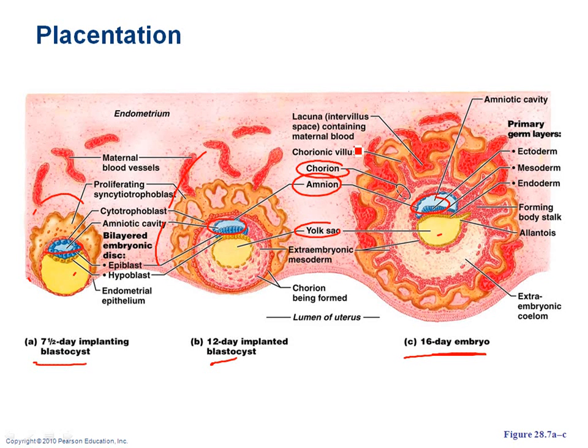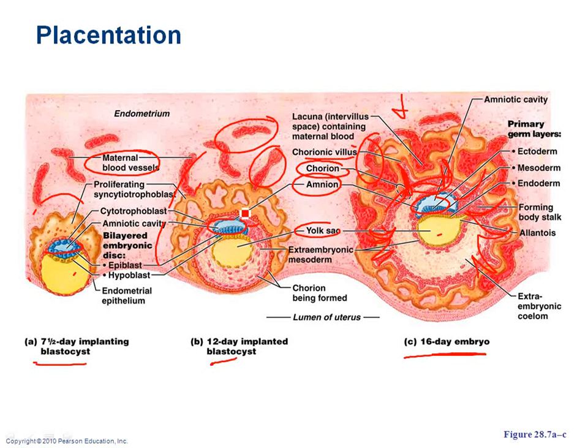The chorion and the chorionic villus. These are basically going to become like little blood vessels. So you've got the mother's endometrium, these maternal blood vessels here and here and here and here, and you're going to see these chorionic villi starting to go up into and be associated with these maternal blood vessels so that you can have exchange of oxygen, carbon dioxide, things like that between the baby and the mother. So you're forming the placenta. As the blastocyst is implanting, you're getting blood vessels from the baby, you're getting blood vessels from the mother, and they're starting to come in close contact together, and you're forming that placenta.